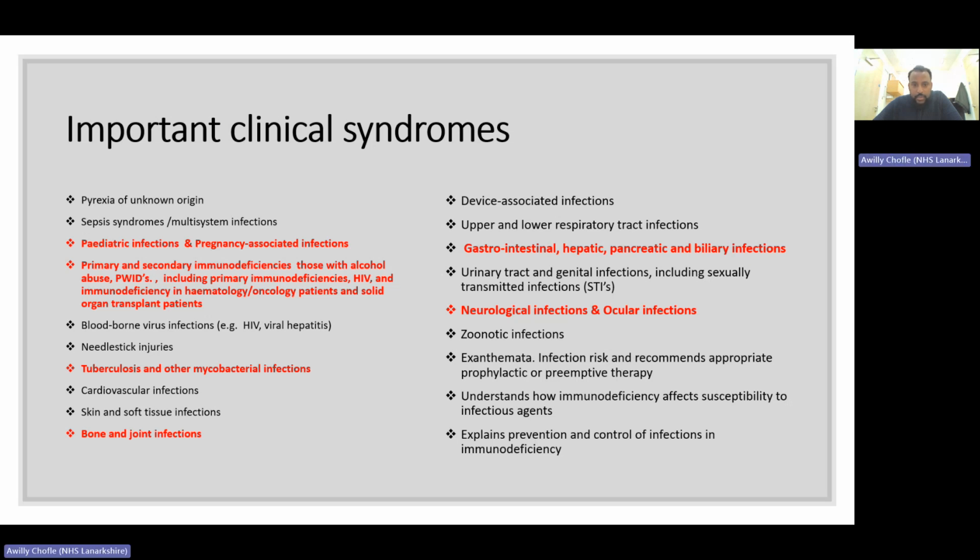The important clinical syndromes I've tried to list myself. These are the important clinical syndromes. And the ones in red are probably more important than others. Therefore, I spent more time on the red ones than on the black colored list. And you can see these are favorites in FRCPath exams. From the top, pediatric infections and pregnancy-associated infection is almost a given. You'll have that question in your exam. And the primary and secondary immunodeficiencies,